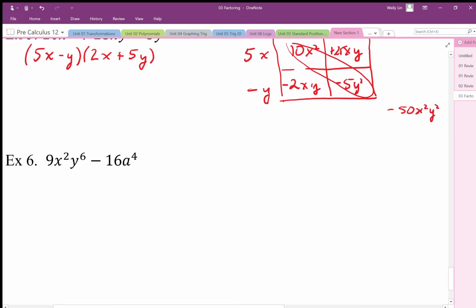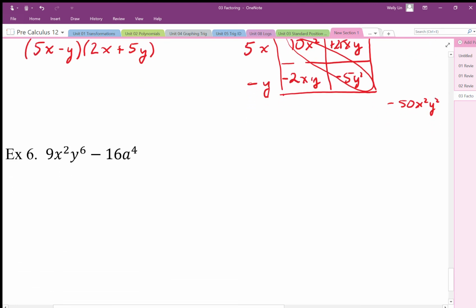So this one here, this is one that you should start to recognize. These are called difference of squares because I have a squared value here minus a squared value here. Now when I factor that, what ends up happening is it's called a difference of squares because when I factor this out, if I try to put it into areas,